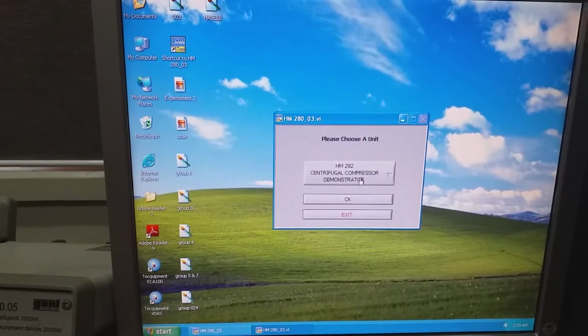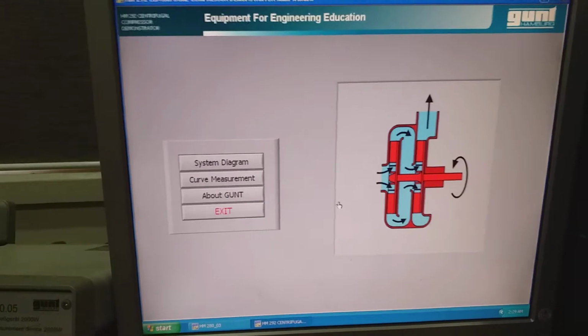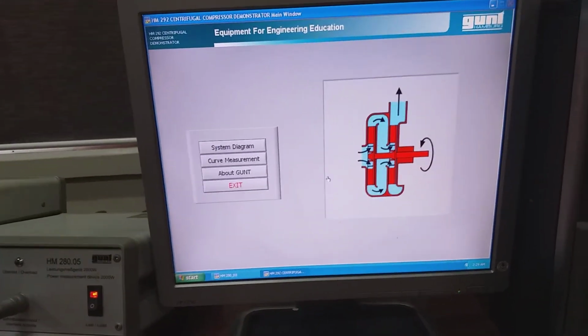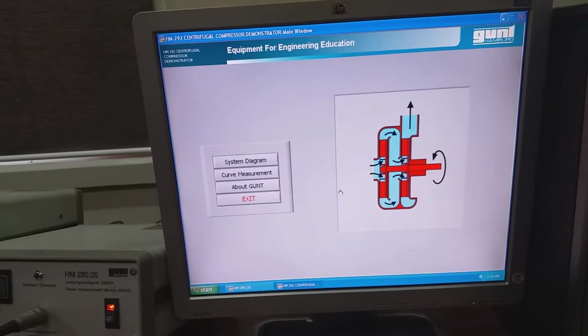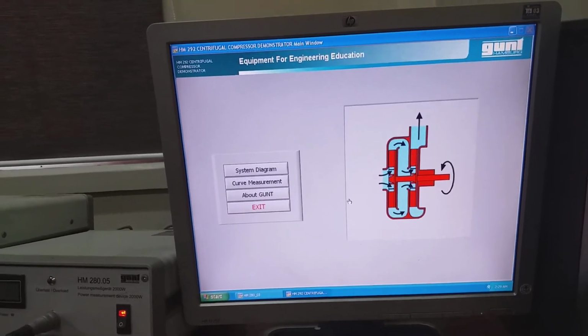Click on the required model and OK. Then a main window will appear in which you can see there are 4 options available. The first option is system diagram, which will be discussed in the next video or next lecture.